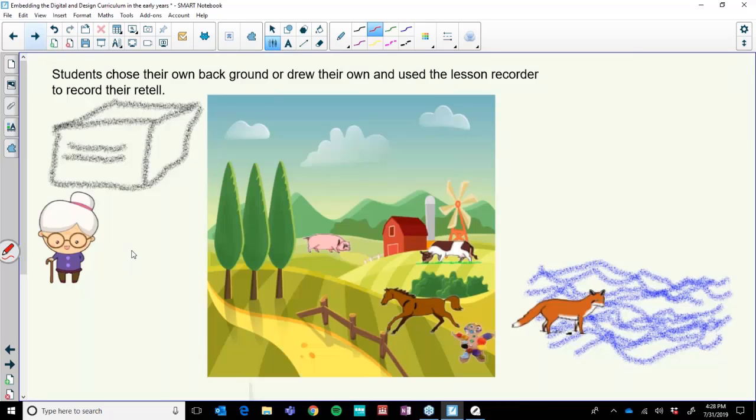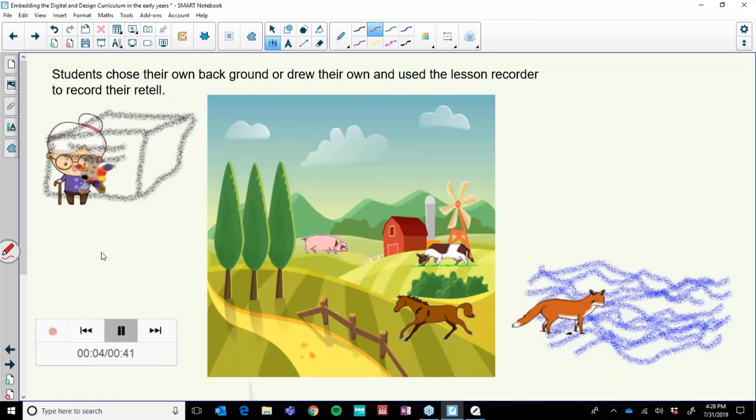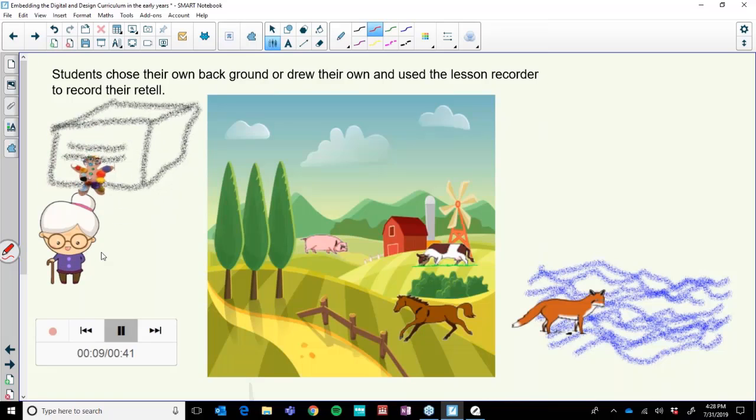And what they did with their little artwork was on the next page, I have a little example of what they did. They set up a page where they could retell the gingerbread man. The way they did that was they used their artwork and pulled him over here. And then you can see that they use their microphones to retell the story of the gingerbread man. So they were talking about the gingerbread man in the oven, and then he popped out and he ran away and met the pig, and so on and so forth. So they had at the end of this a video of their digital narrative, which was fantastic.